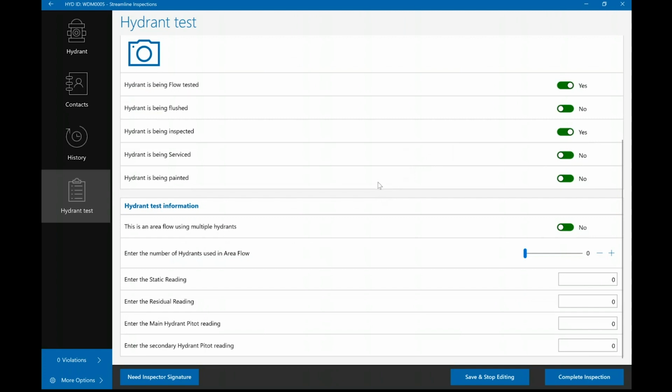So if I keep scrolling down, we have a flow test, or a flow calculator built into it as well. So we have it set up so that you can do single hydrant flow testing or multiple hydrant flow testing. So is this an area of flow using multiple hydrants? In this case, it's not going to be, but if it were, I could switch it to yes. And we could say that we're going to do this flow test using 2 hydrants, which is a fairly standard type flow test. But we'll do a single hydrant for ease of purpose, and we'll throw all of our gauges